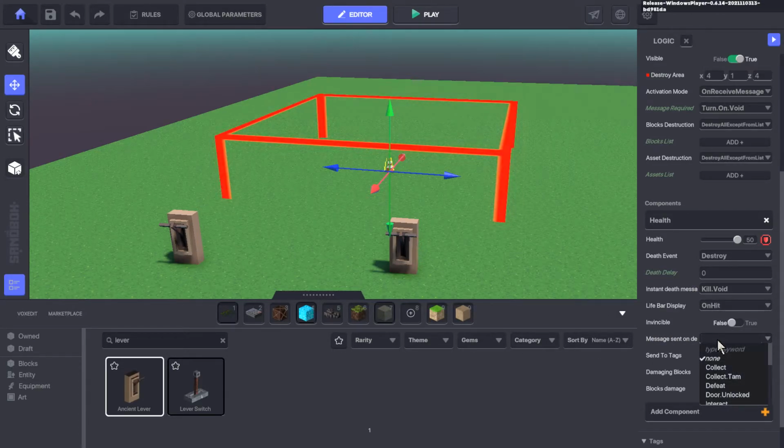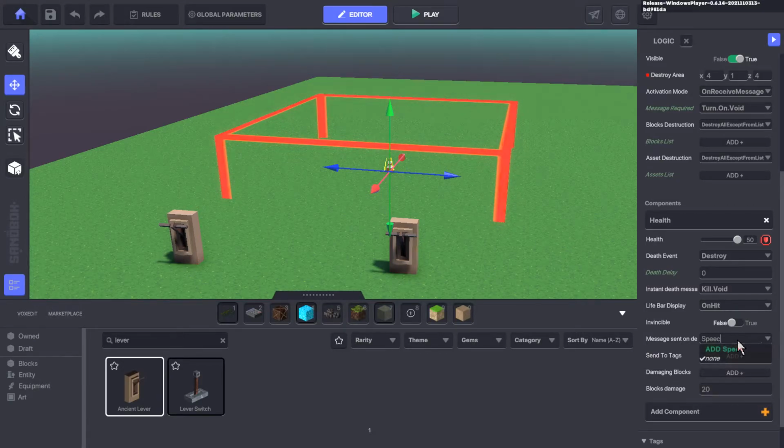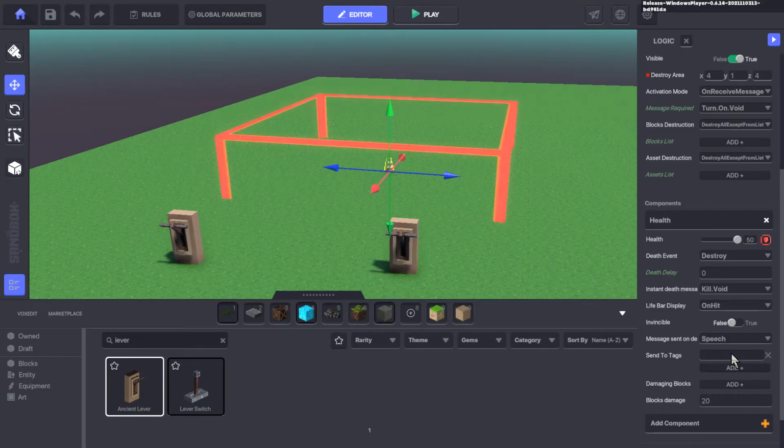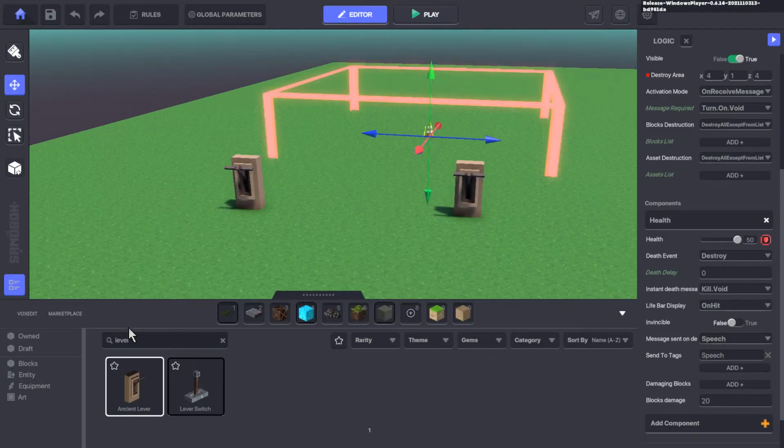We're going to send it out to, I'm going to build an indicator or some kind of a speech balloon here. So let's send it out to speech. And we're also going to give it the same tag, speech. And this is one thing I found really useful with some of CyberDragon's tutorials, just that little nugget in there, that whenever you're using the health component, you have to send any messages that it outputs to specific tags. So I'm going to make those the same, and I think I've got a